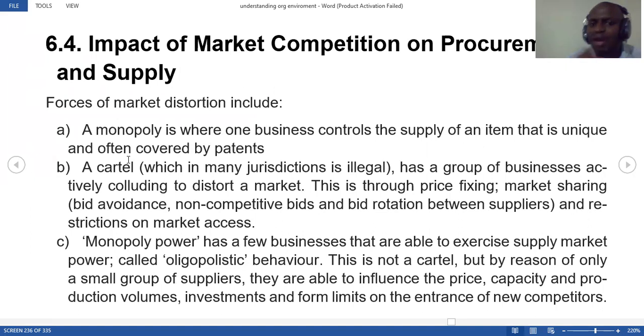What is the impact of market competition on procurement and supply? So we are looking at the forces, and we are saying the forces of demand and supply in the market will lead to distortion. And this will include the following. Number one,